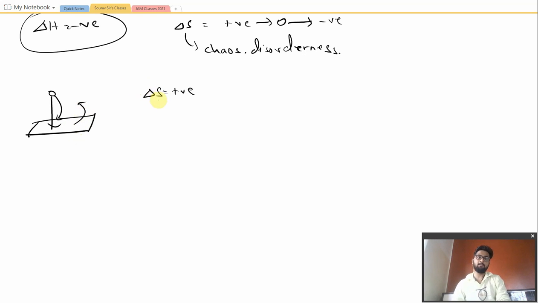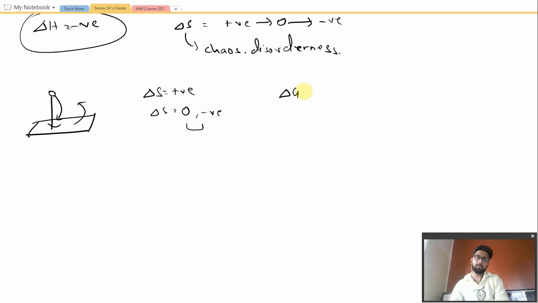So this is the case. Now for the opposite thing, we might be getting a value for delta S to be equal to 0 and probably negative. Okay, that value of 0 and negative would depend on various situations like the nature of the molecule and so on. The last thing that we need to discuss is delta G.